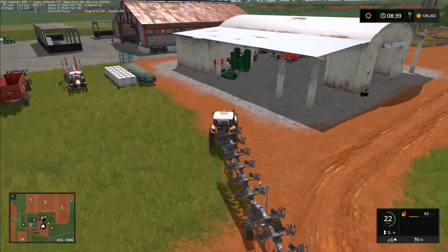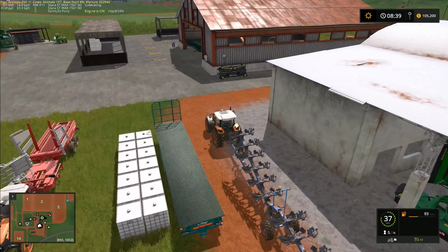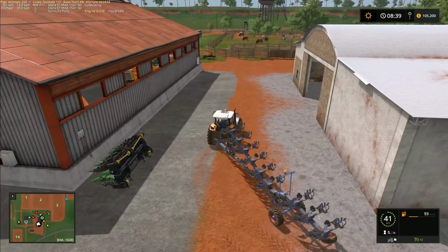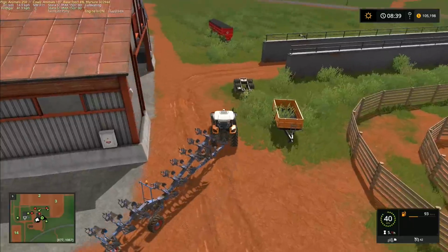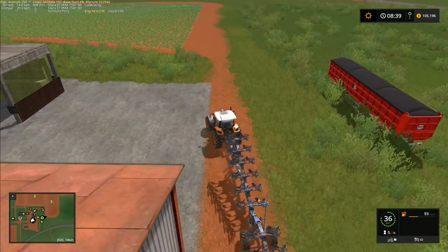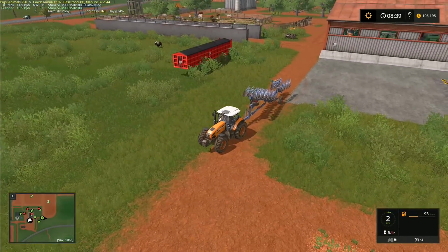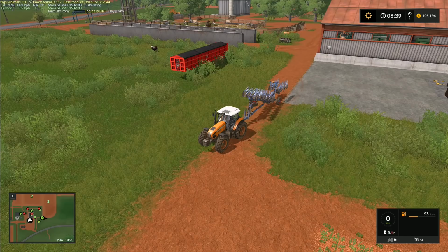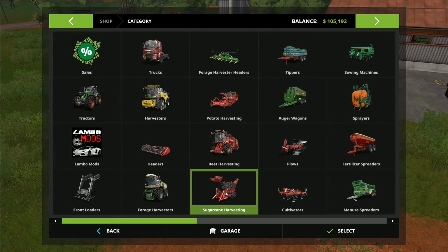So instead, what we will do is take this plough over here, and I'm still not decided what we're going to do over on this piece of grass. So I'm going to leave the plough out for a minute. Bring it over here. Now, I got that trailer there, which we could use for some sugarcane. But that trailer doesn't actually take much more than the... Actually, I don't think it takes any more. I think that one's 70,000 litres. Let me just look into...